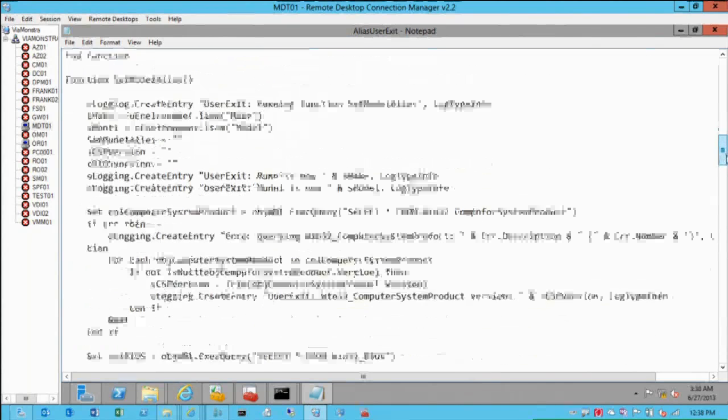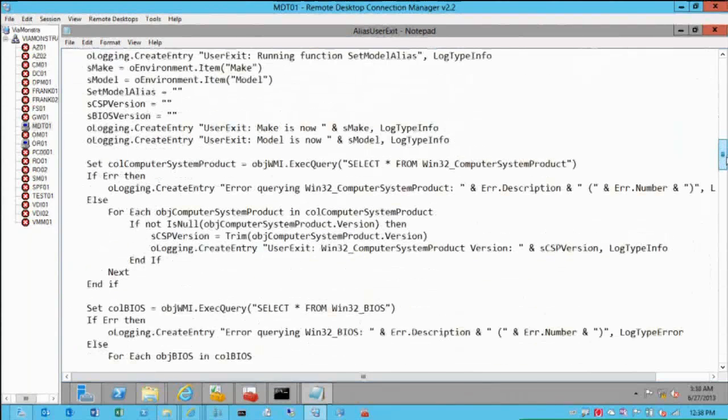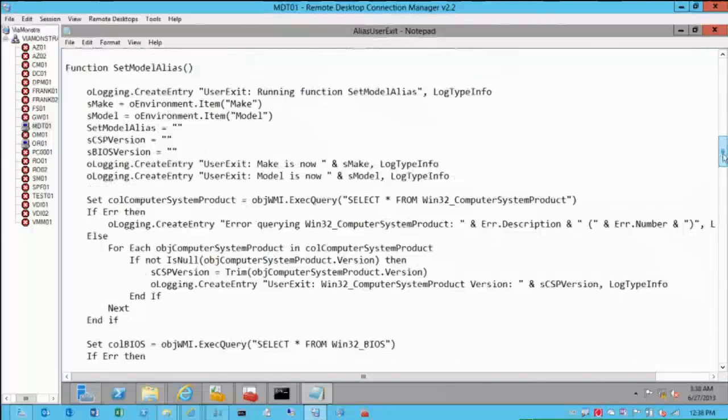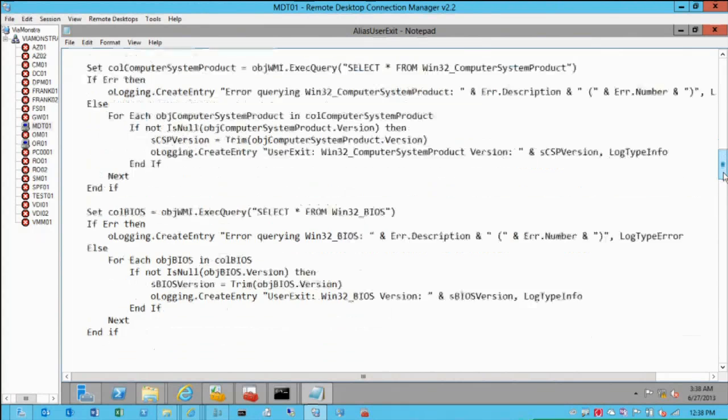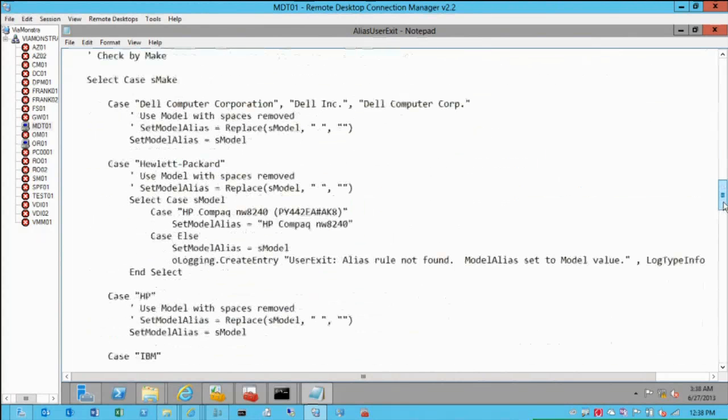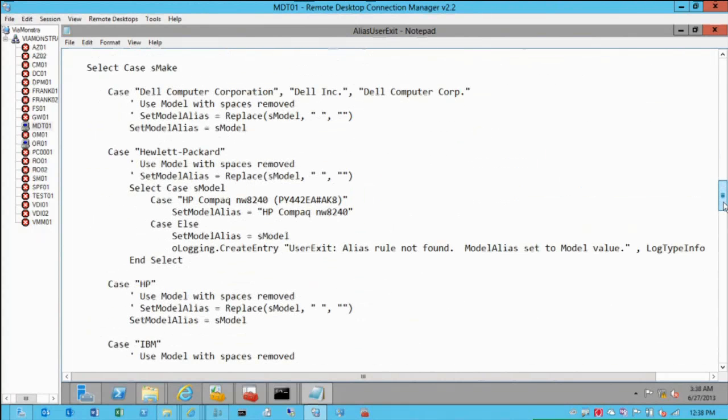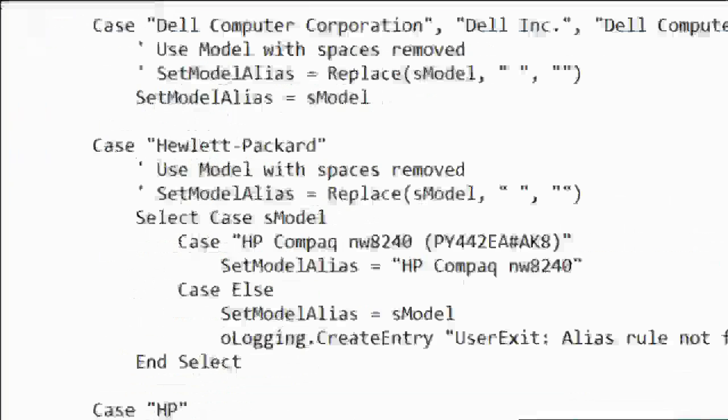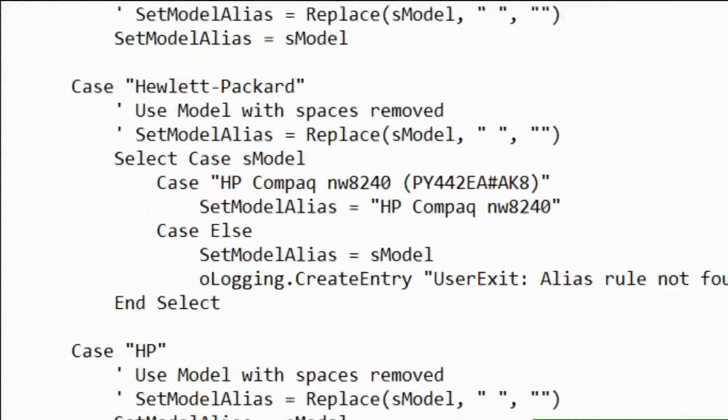The same goes for the model. By the model, we need to figure out different things. So in this case, we can't always use the standard procedure of just reading in the values and converting them. Sometimes we need to read in other information. In this case, we read in the computer system product. We also read in the BIOS. Especially, for example, Lenovo, it makes more sense to ask the computer system product class rather than the normal computer system. Yeah. So in this case, you can see that we have a select case Hewlett Packard, and the first